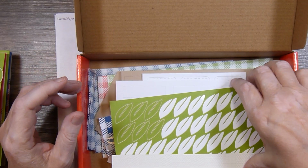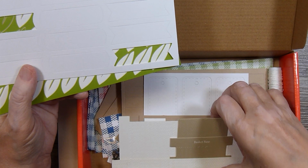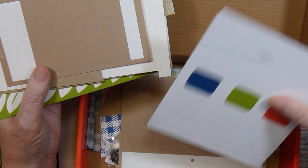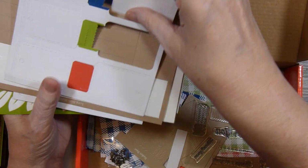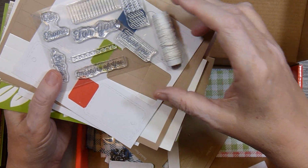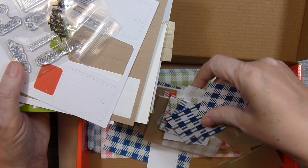And I still have quite a few things left over. I've got some leaves left over. I've got lots of the labels left over. I've got a lot of the basket pieces left over because I didn't really use the baskets. And then these were the tags for the baskets that I didn't use. Some more basket parts, some more tags. The stamp set, you always get a stamp set. And then I've got some white twine left over. It came with brads. I used just a couple brads. And here's some more